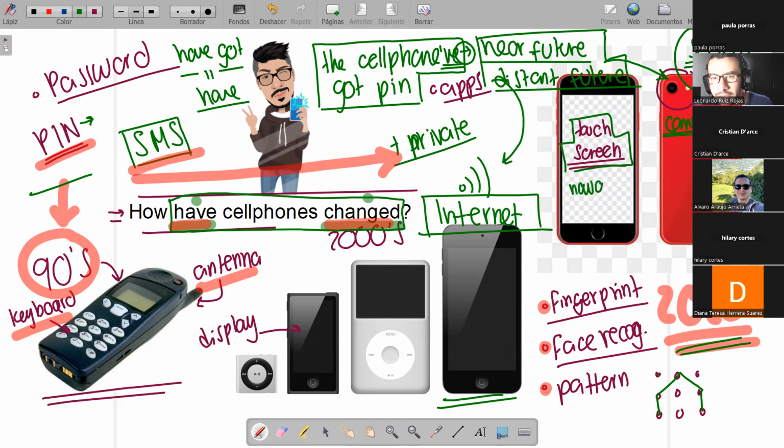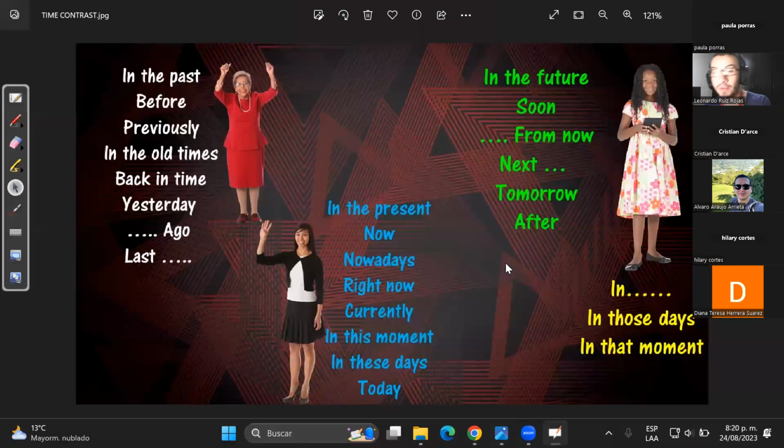Yeah. So, but they say nowadays. What is the meaning of nowadays? Hoy en día, very good. That is a time expression that is going to help me to contextualize my listener. It's going to help my listener to understand, okay, he's talking about the cell phones right now, not in the past, not recently. So in that case, we're going to have 3 different groups of expressions: the expressions for the past, the expressions for the present, and the expressions for the future.